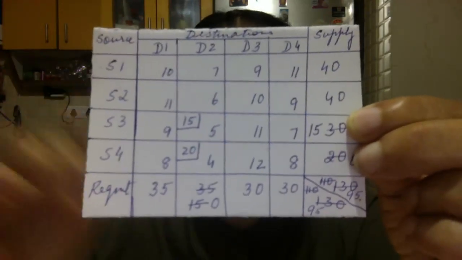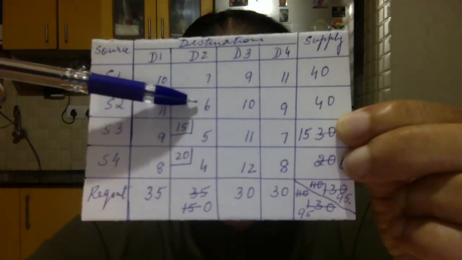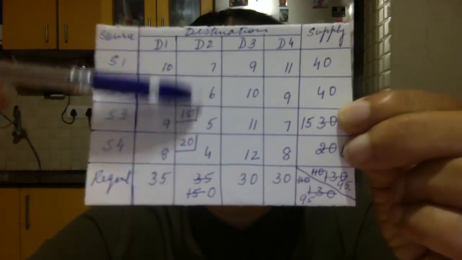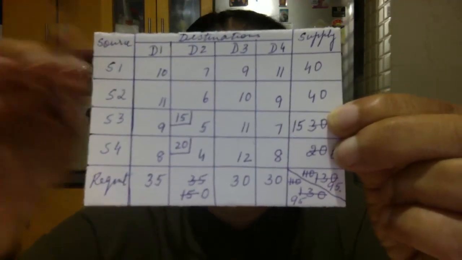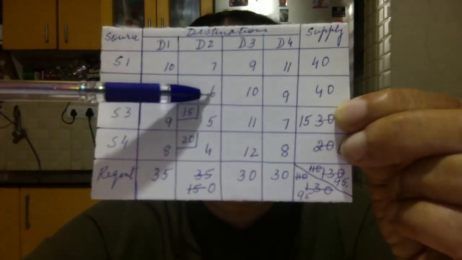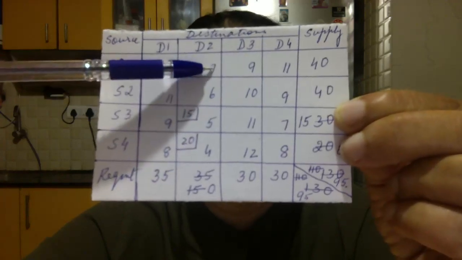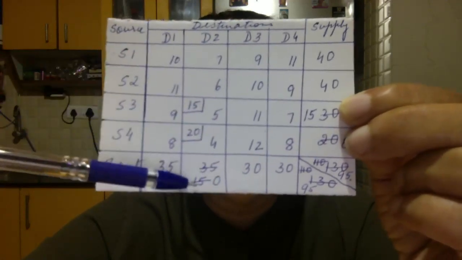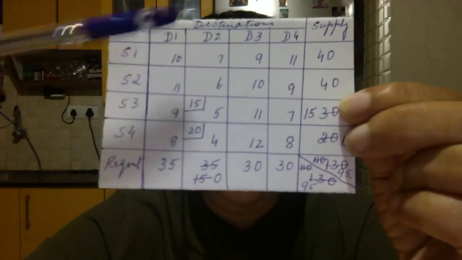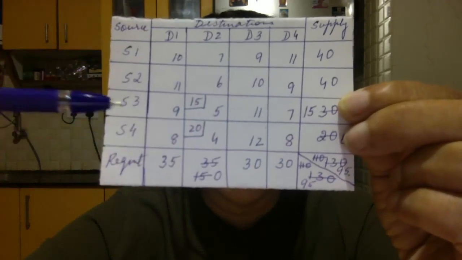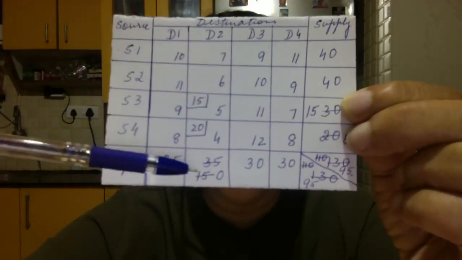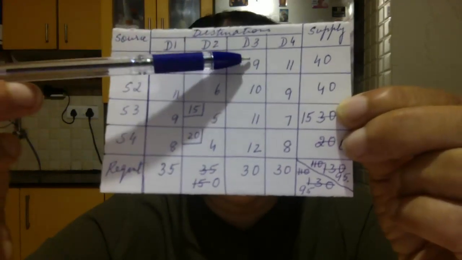Now let us look into the whole thing. It looks as if 6 is the least. But we cannot give to 6 because this whole D2 has become eliminated. There is no more chance of giving to D2. So for us 6 is a waste. Next least is 7. We have a 7 in D2 which we cannot take because D2 has 0 requirement. The next one, look here, 10, 11, 9, 8. Second one, 8 is the least. Second column, we cannot touch at all. It's over.